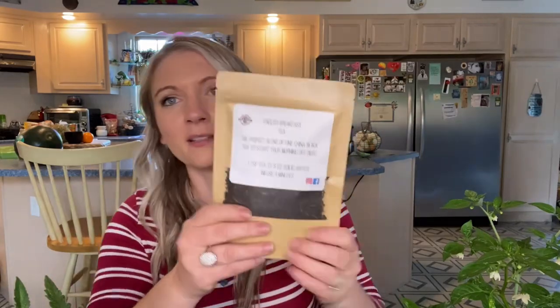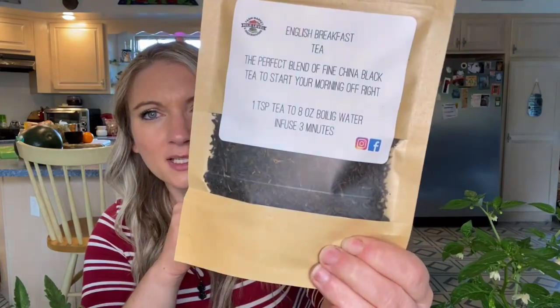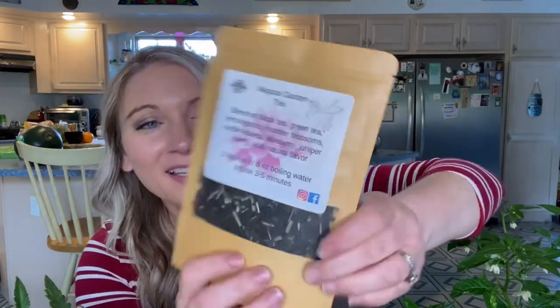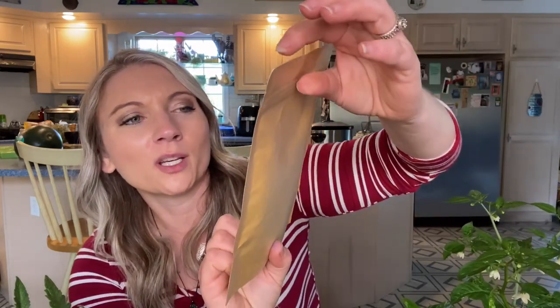English breakfast tea. I just wanted to try her make of English breakfast tea. China black tea to start your morning off right. And then this one was a fun name, Magical Garden Tea. And it's got a little unicorn flying around up in the corner here. And this one is a blend of black tea, green tea, lemongrass, heather blossoms, nettle leaves, blueberry, juniper berry, and